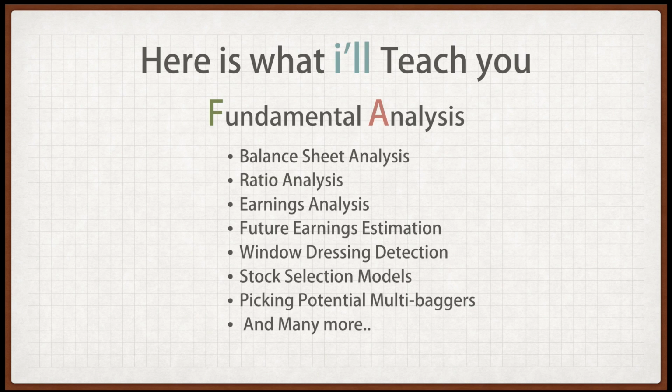After that, we'll talk about stock selection models. Here we build a model based on all the relevant ratios, then earnings, the financial statements, the debt, and so on and so forth. And we build a model where we test all the stocks available in the stock market and evaluate which stocks fit our criteria. Once we do that, we pick those stocks and we evaluate whether these stocks are potential multi-baggers or not. So this is one technique of picking potential multi-baggers in the long run. And there are many more techniques that we'll talk about in the near videos.